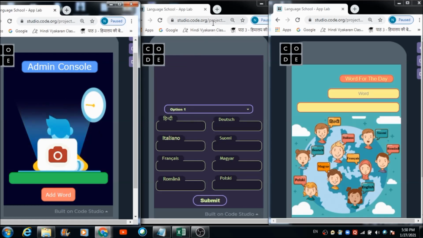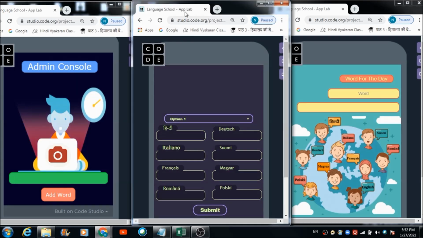Let's now check out whether we'll be able to access that sentence or word which the admin wrote in this text box or not. This is the second browser on which we are accessing this application right now, and you can consider it as if it is a second device.